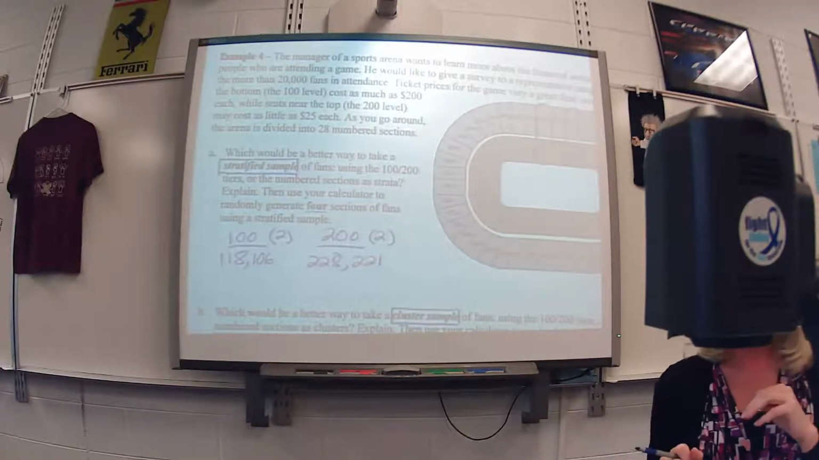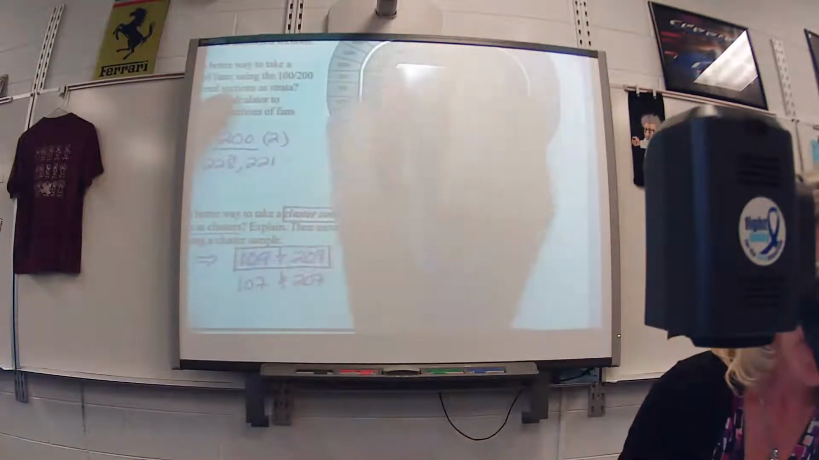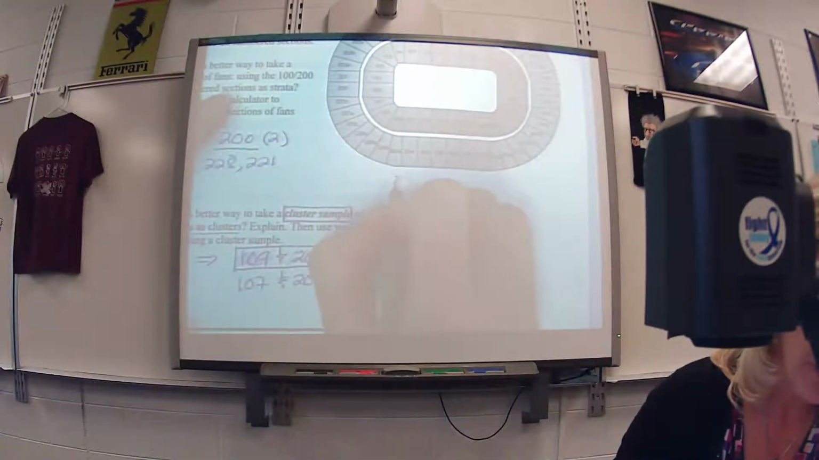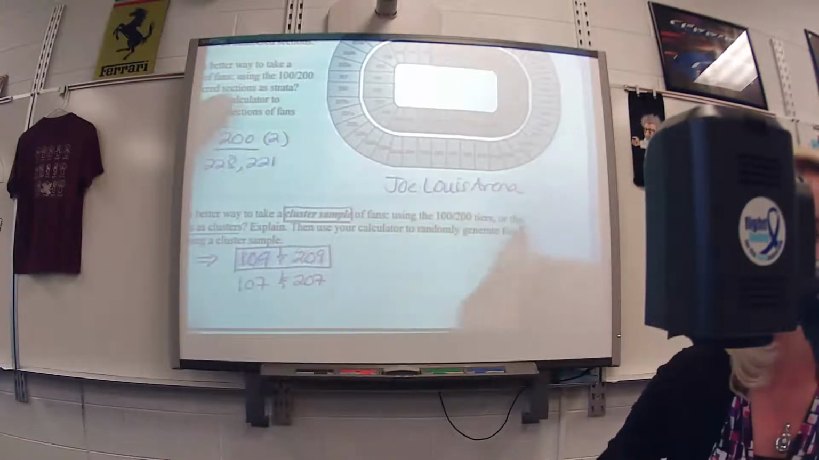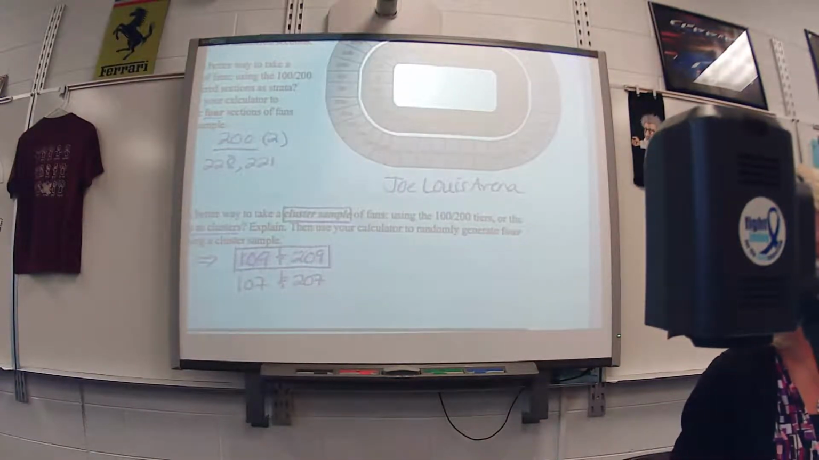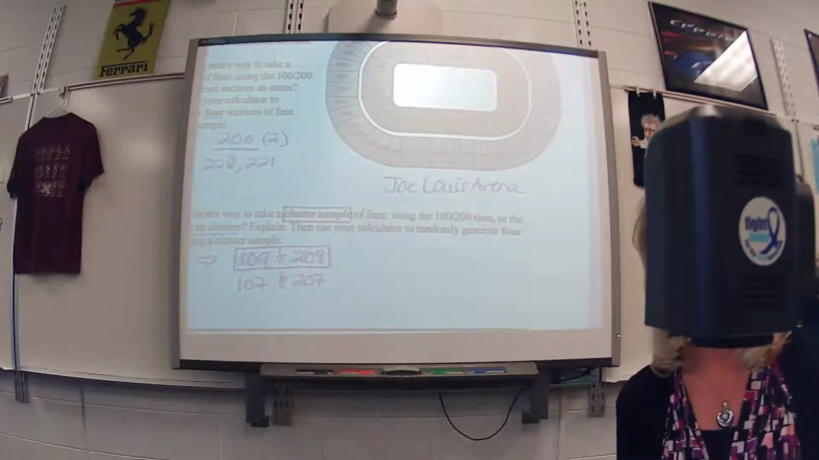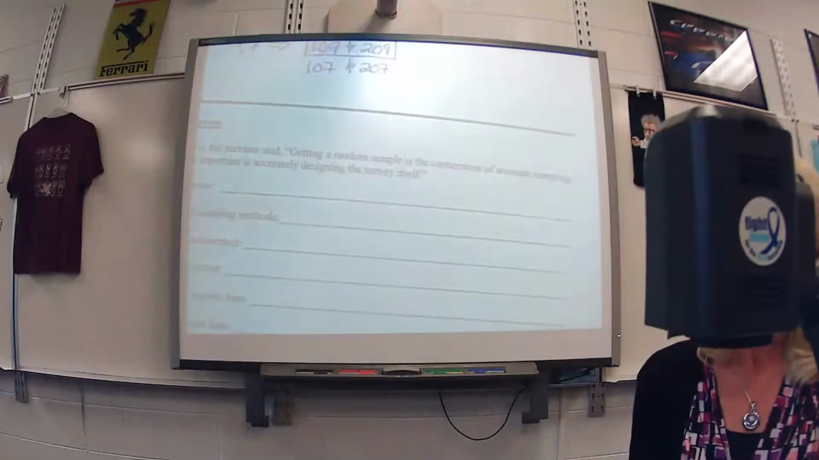Okay. And by the way, you guys are awfully young. You might not even know this. This actually was the diagram of Joe Louis Arena. You ever been there? Before they knock it down? Yep, that was the Joe right there. So, all right. So,